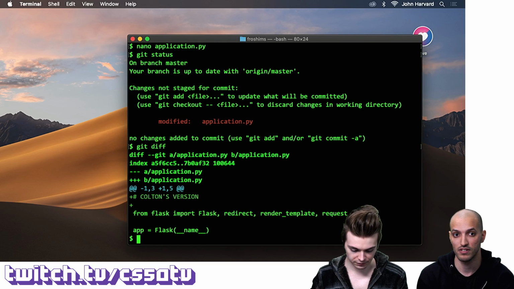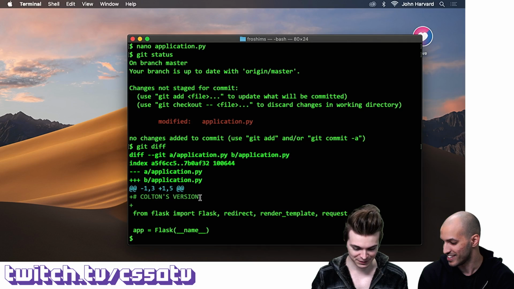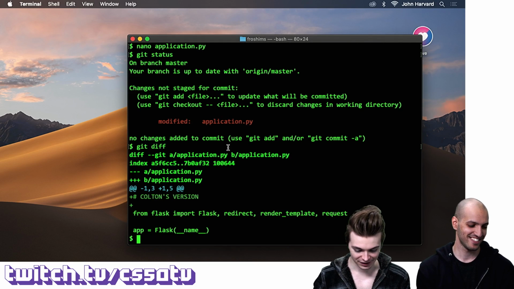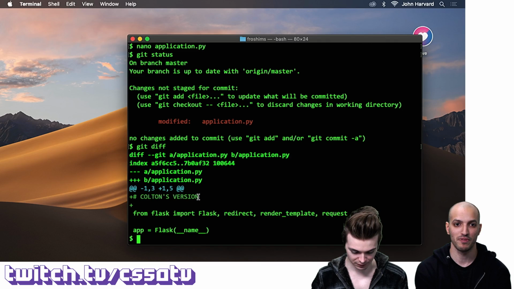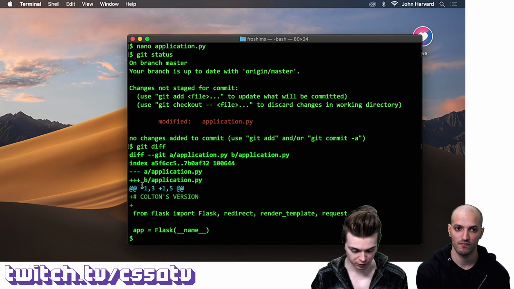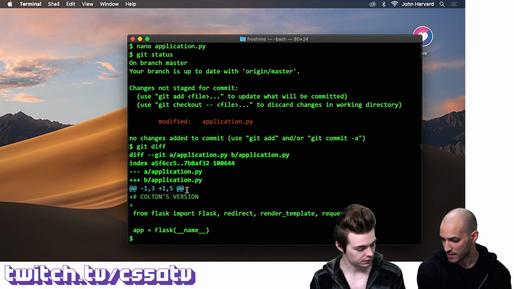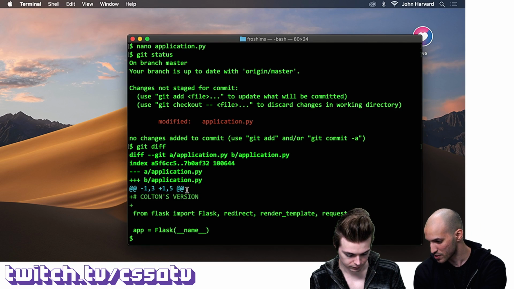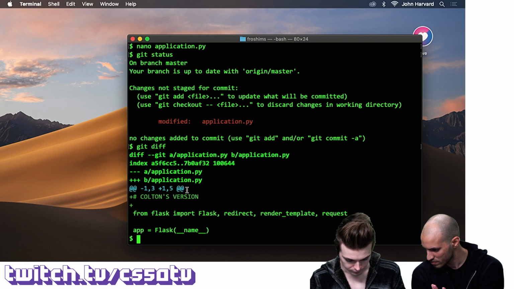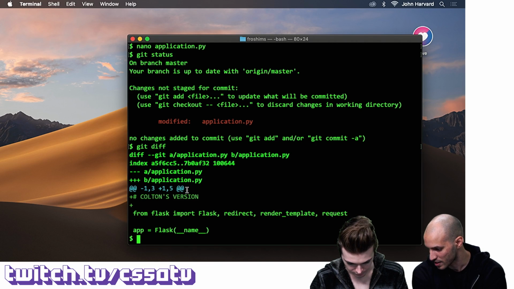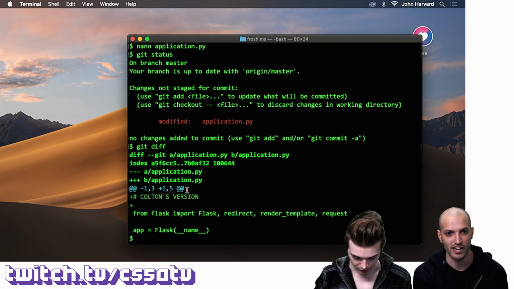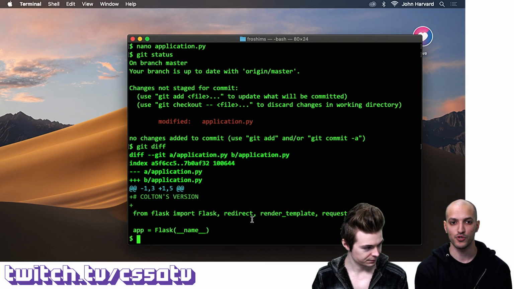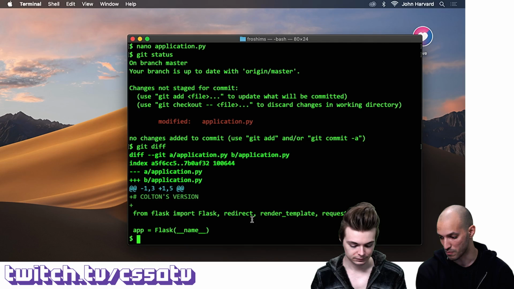Right, so git diff, and then we'll see, indeed, a plus sign in front of it, in this case green since my terminal color scheme is green. So Colton's version, and then this blue stuff. I forget exactly what this means. I think it refers to ranges of the file that are changed. In this case, maybe the first line, removed 3 characters, added 5 characters, or whatever. I'm not sure either, but it refers to certain ranges of line numbers and columns in the file, essentially.